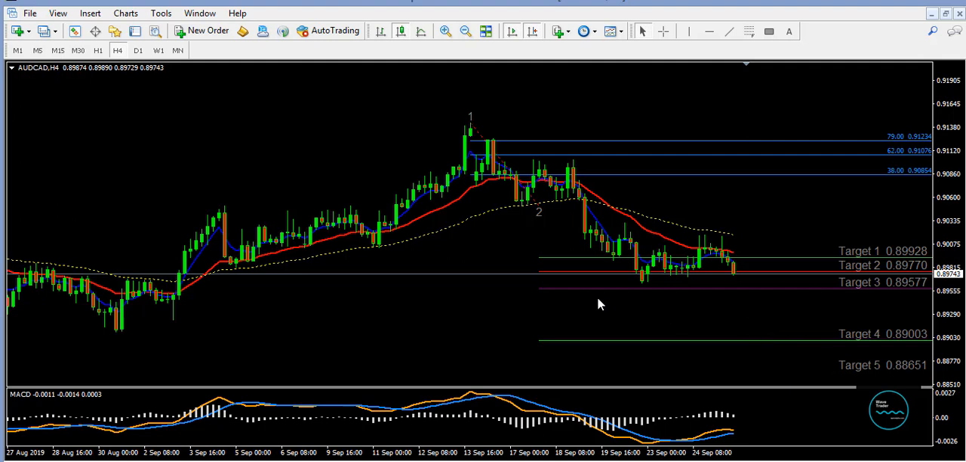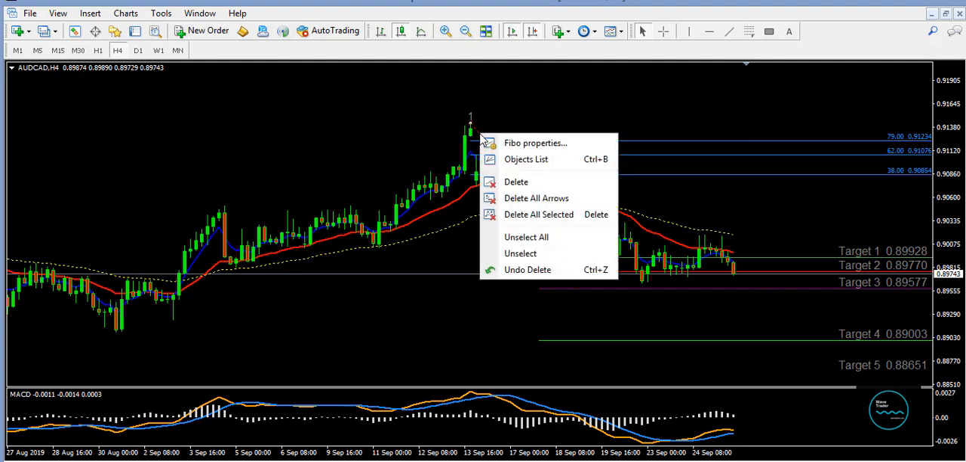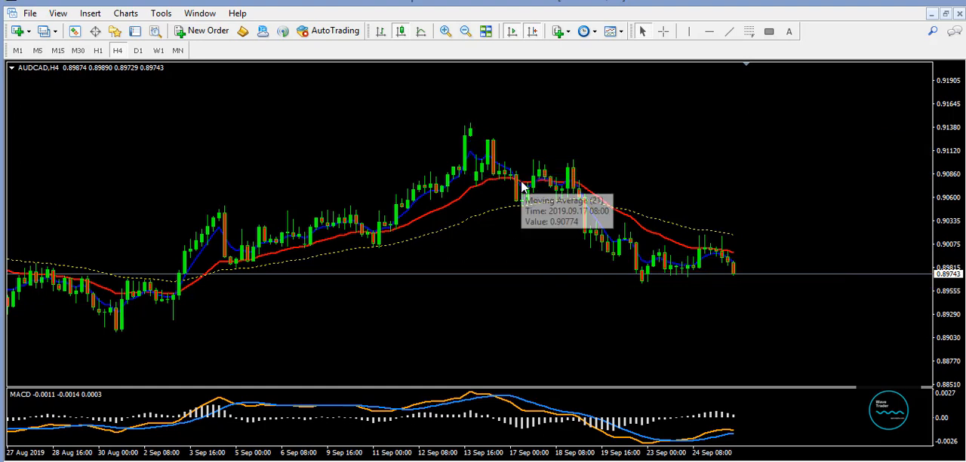So if you want to delete your profit target calculator, all you have to do is just click on this red dotted line which you drew initially and delete. So you can get rid of it that way. Now,